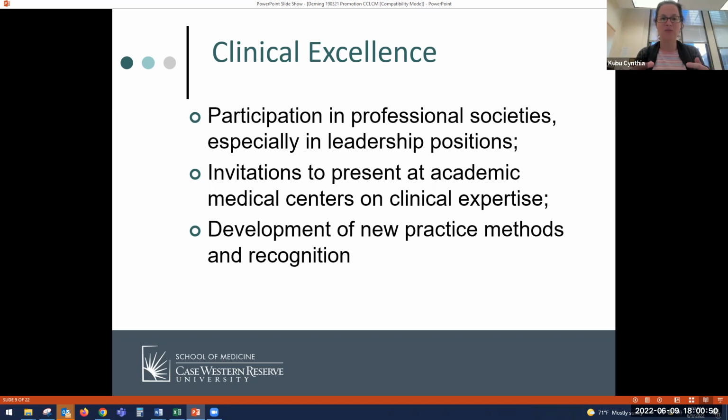But again, it's one of those invitations to collaborate and put out new practices and methods, and it's that recognition by your peers. It also means that you're getting referrals for patients, that patient satisfaction, all of that counts. And so again, it focuses on the scope. So you have to be doing a wonderful job, which you are at the institution. And then people know about your expertise, and as a result, they're asking you to take a lead in your field.